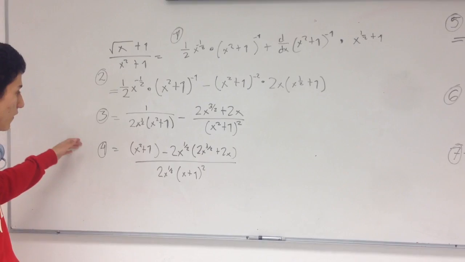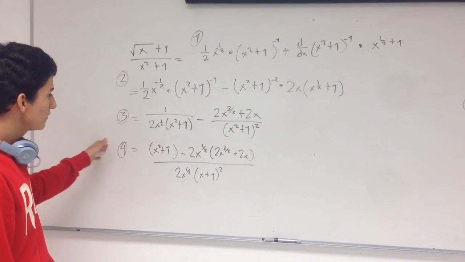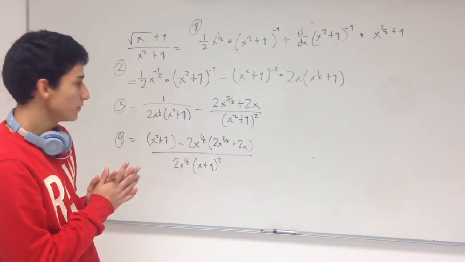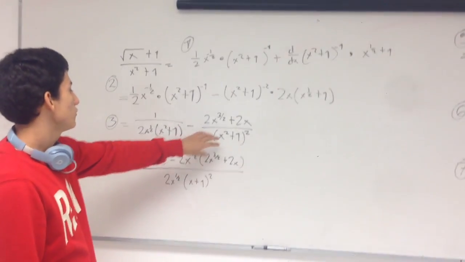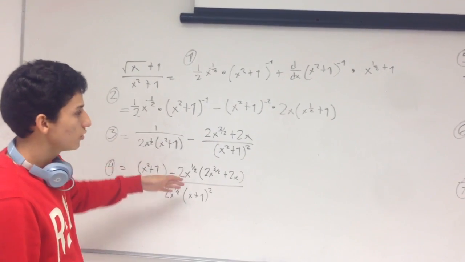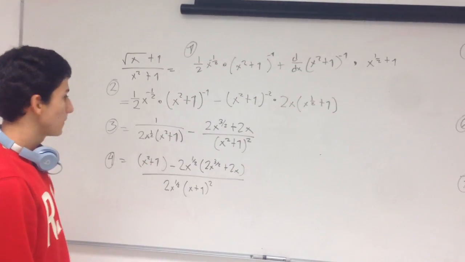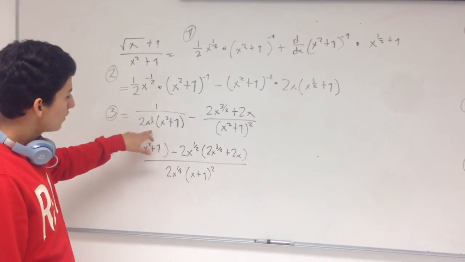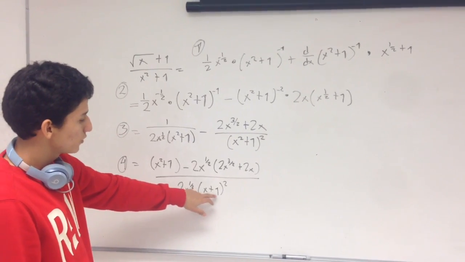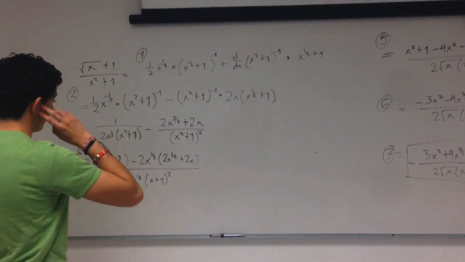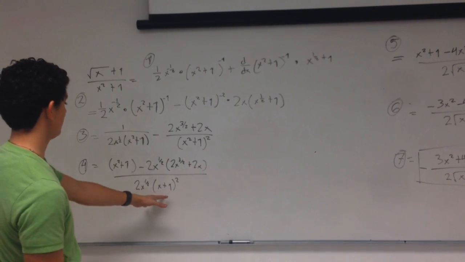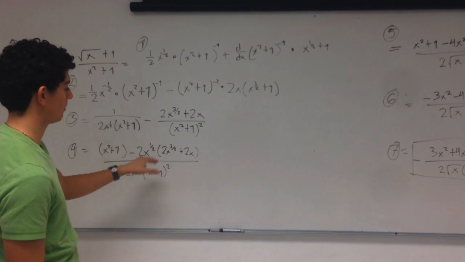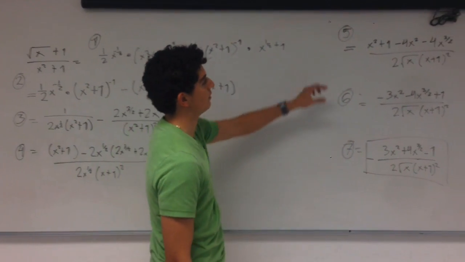Now, fourth step, we have to combine this. We have to find the common term so that we can solve this subtraction. The common term is 2x to the 1/2 times x plus 1 squared. So after you solve this, after the common denominator and the function, the equation above, you're going to get this result,